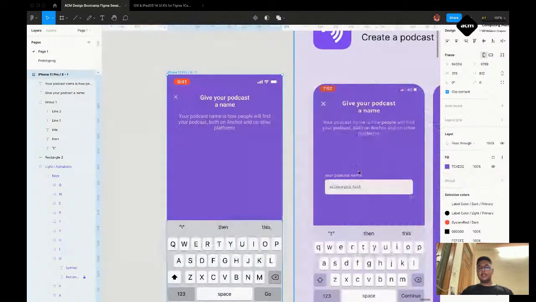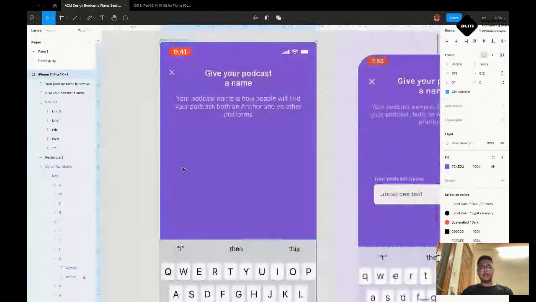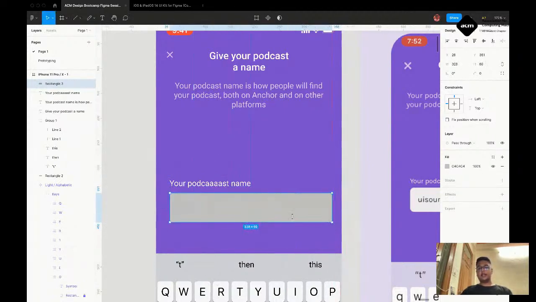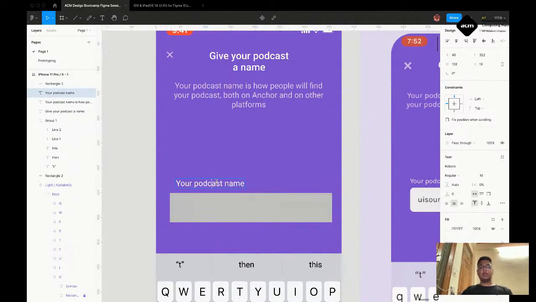Okay, so next we need this text field. How do we make this? We write your podcast name. We can just left align this, so in case we want to make any different changes, it doesn't move the space. So before, if this was center aligned, and for example let's assume I made a spelling mistake in your podcast name, and I was trying to make a text field around this, and now if I had to change this, I'd have to remove like three a's, which will mess up the alignment. A good way, if you want to stay consistent and if you want to tell your developers how to be consistent, is